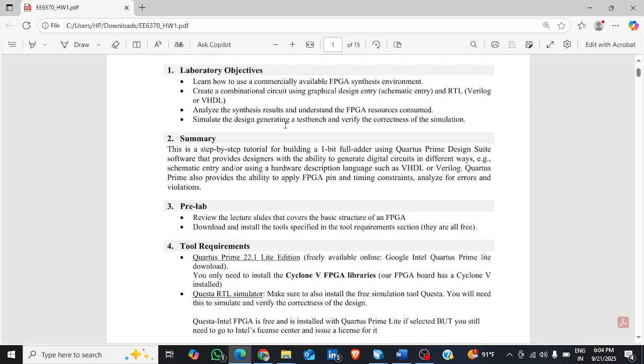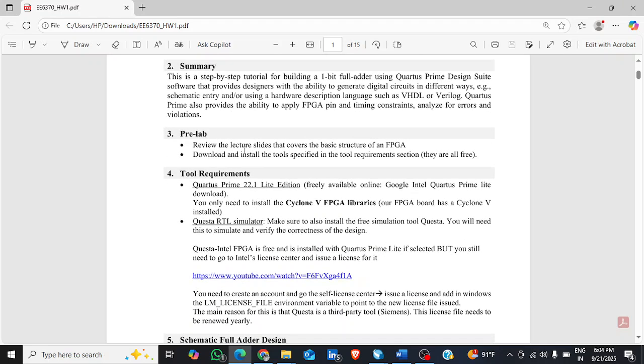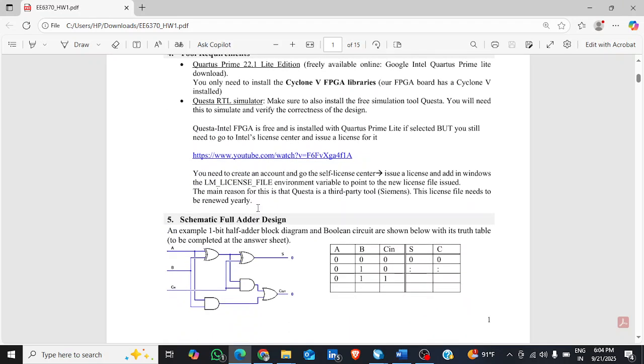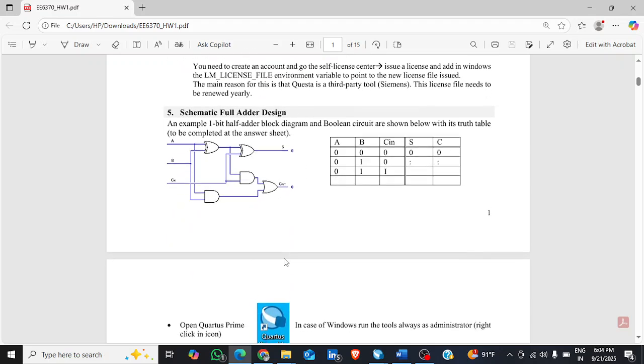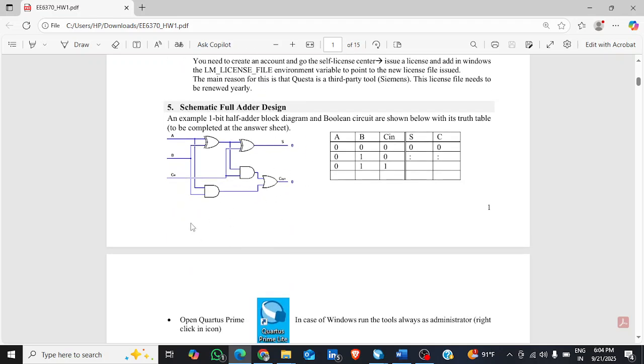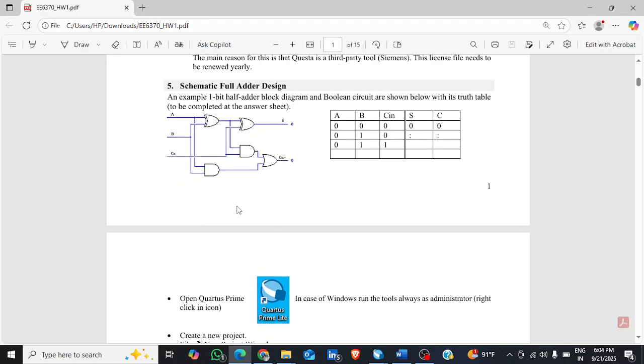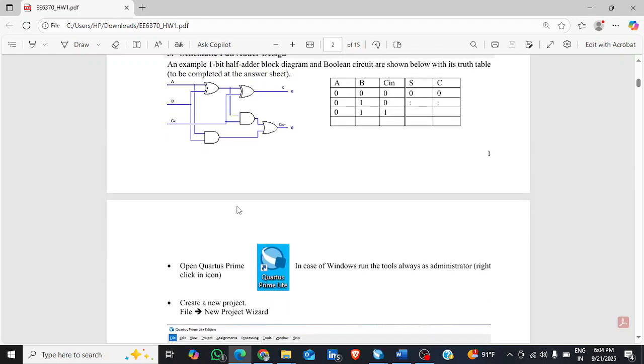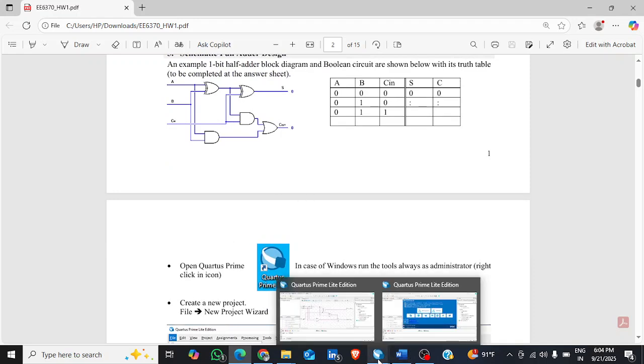So these are just the laboratory objectives, summary, pre-lab, and two requirements for the homework submission. And then this is the schematic of a full adder that we are going to design using Quartus Prime Lite. And then we'll be looking at the waveforms using the Questa simulator. So coming to the